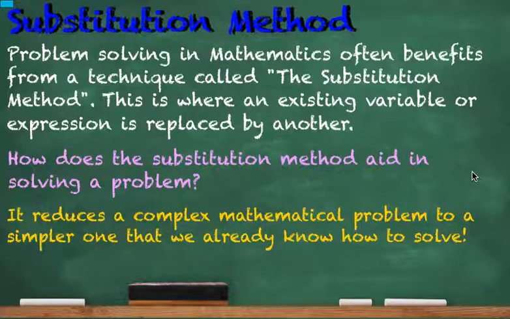The purpose of the substitution method is to replace an existing variable or expression with another one, and we do this for the reason of simplifying a complex problem so that we can use the methods we've already learned when we're solving. So in our first example,